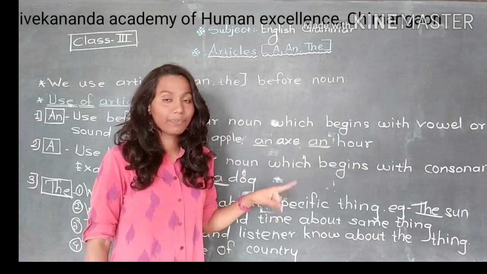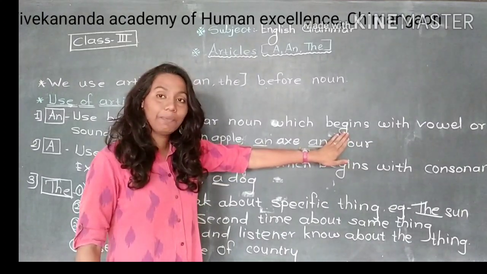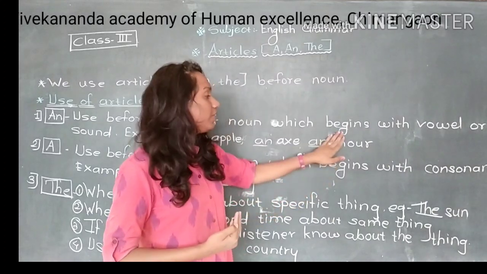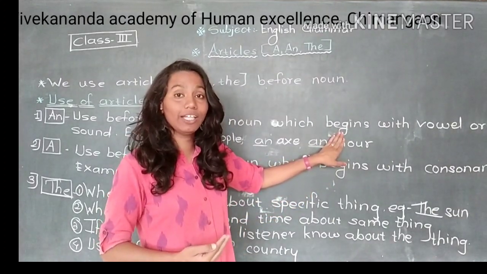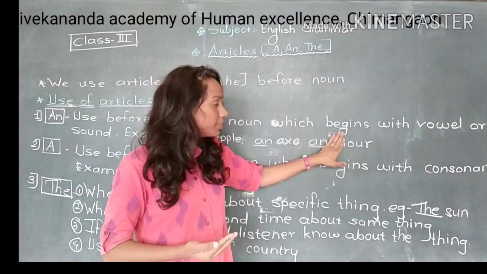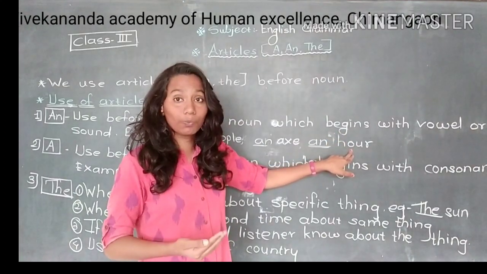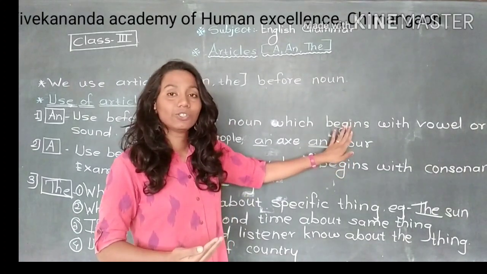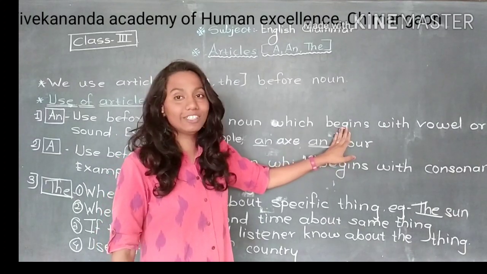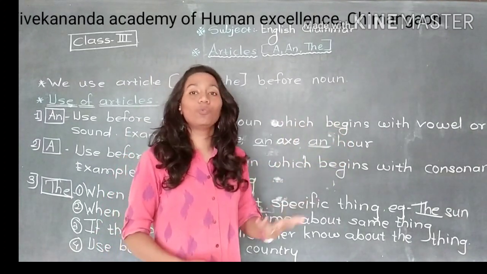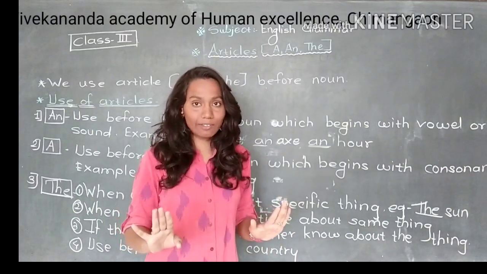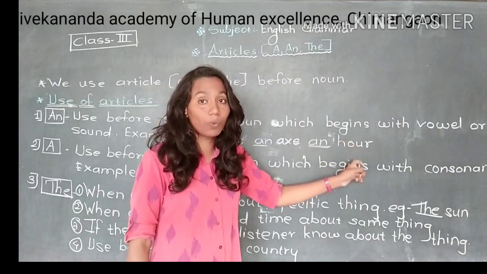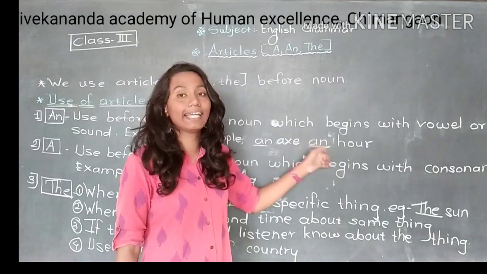This is a consonant. But when we are pronouncing this word, when we are reading this word, actually what is happening here? We are not reading H. We are only saying our. So here we start with O sound. The pronunciation of this word starts with O, not with H. So O is a vowel, not a consonant. H we write in the word, but we do not pronounce it. We pronounce this word with O. So O is a vowel, and before that also we will write an.